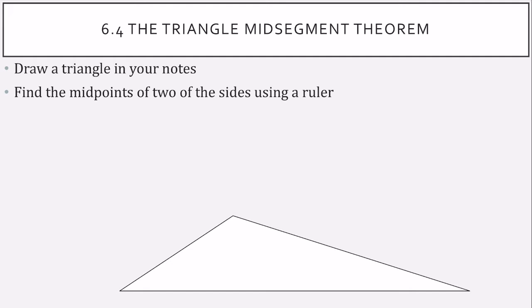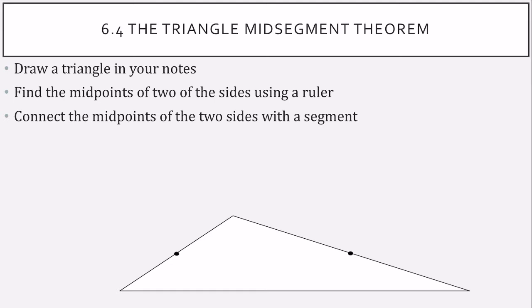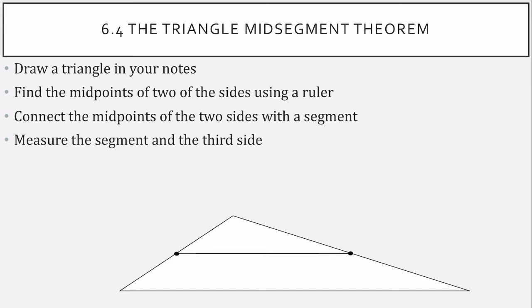Find the midpoints of two sides of your triangle using a ruler. So you'll probably have to pause this to do that. There's my midpoints. Connect those with a segment. So use your ruler to draw a nice straight line. Measure that segment. For me and my iPad, that is